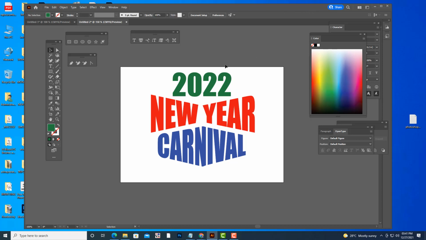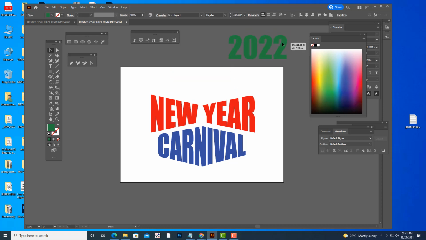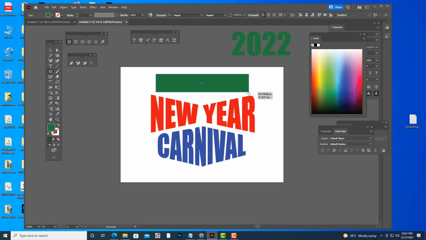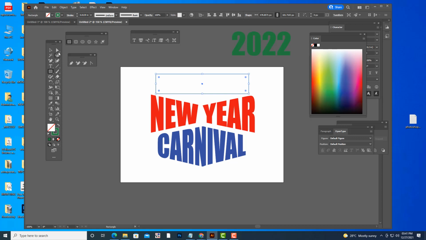Then we'll keep it a little bit here, and do the same thing again. We'll create one rectangle, turn off the fill, and use add anchor point.